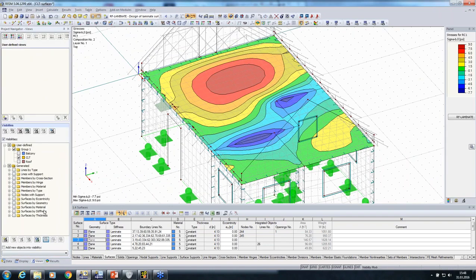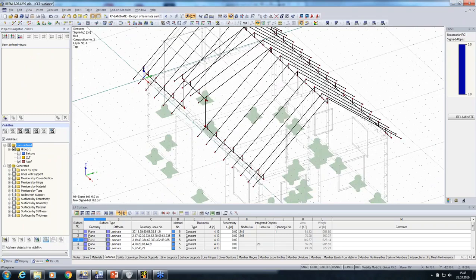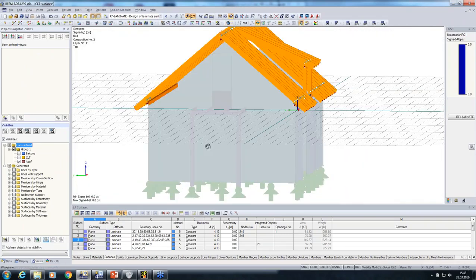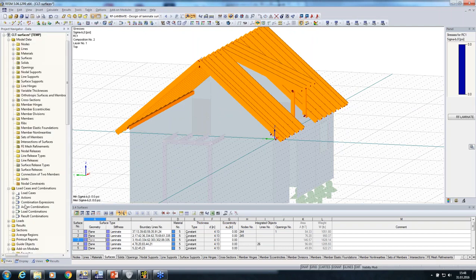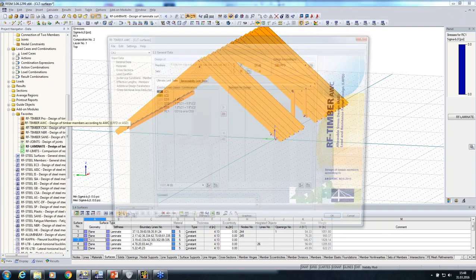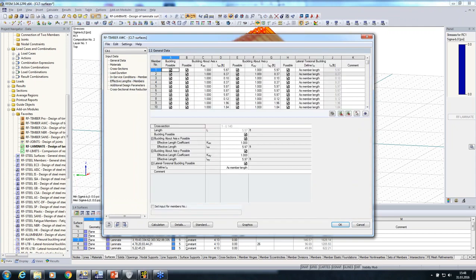Now, as a last step, what I'm showing you, I will make the design according to the American standard for the roof. Because there's a new feature that was implemented by my colleague Gerhard Rehm, and I just want to show you how nicely it works. I also choose this combination here, and because of that I will also use the same load and resistance factor design. In here I would